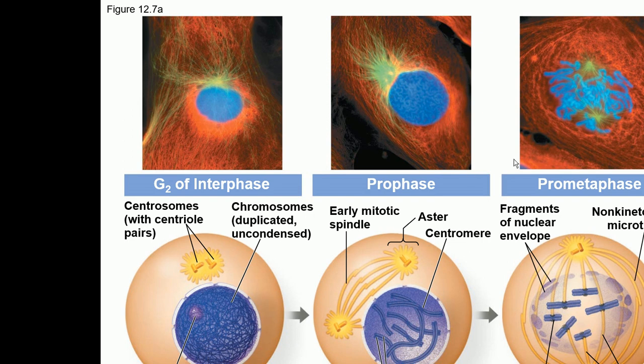So in the prometaphase, basically what happens is this spindle apparatus is forming, and these mitotic spindles start attaching to the chromosomes. In the prometaphase, these centrosomes have reached the 2 different poles, and from these centrosomes,